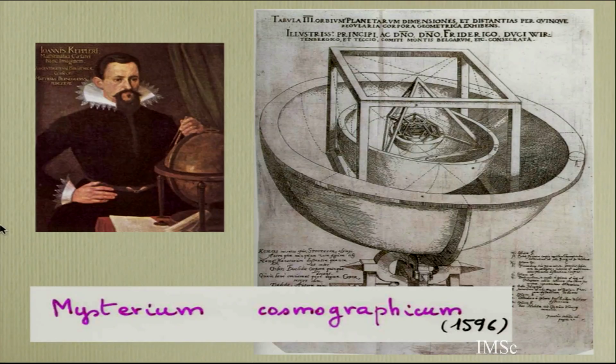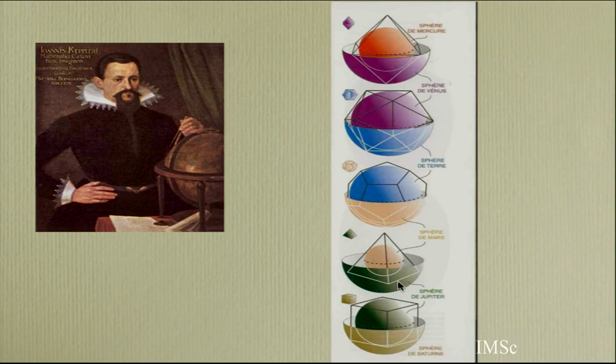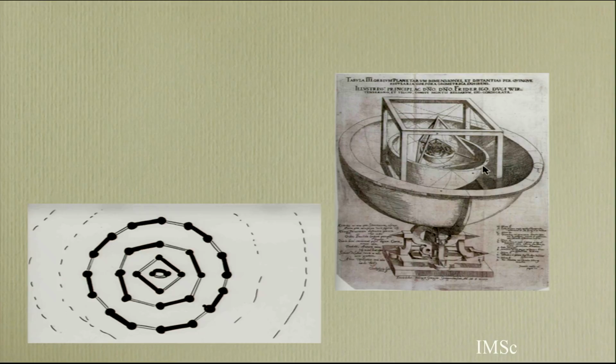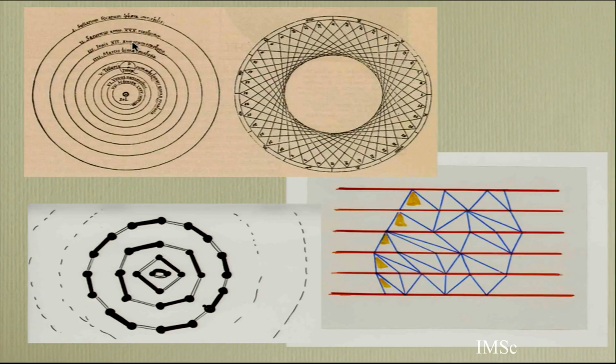And why Kepler? What is Kepler doing in this? You know, these regular polygons included in each other remind me of the Mysterium Cosmographicum, where he tried to explain the number of planets by the number of platonic solids. So this reminds me of this picture, you see. And they were also using polygons to measure. See, this is a different planet, and they were using a polygon inside, so a polygon here.